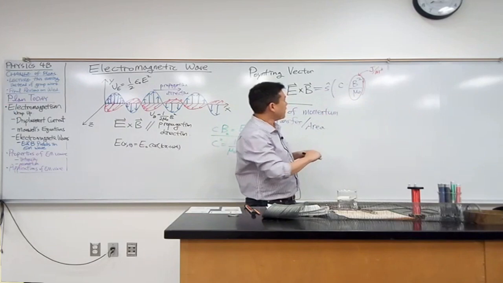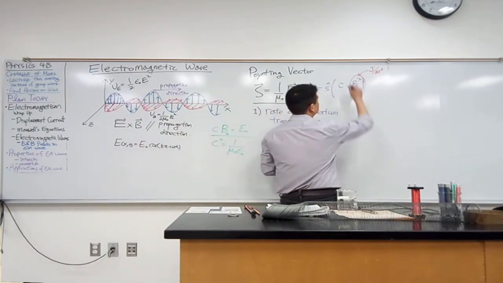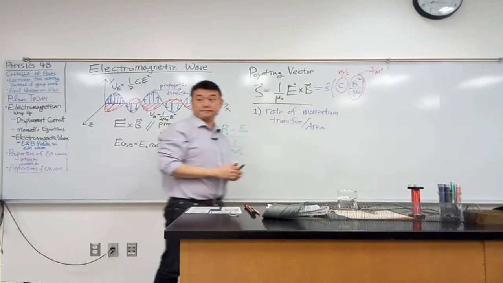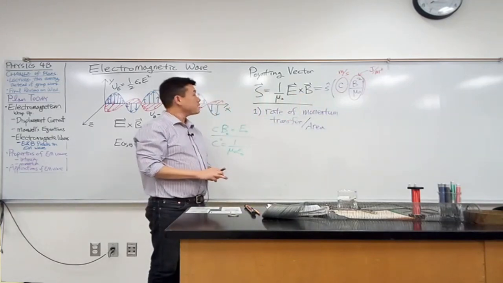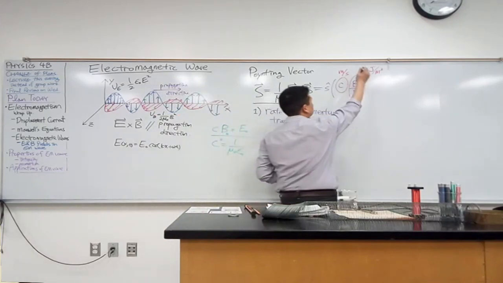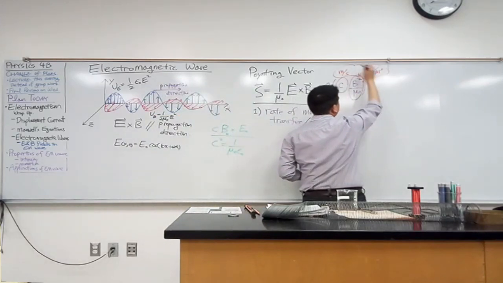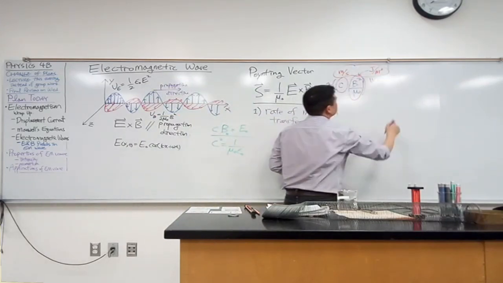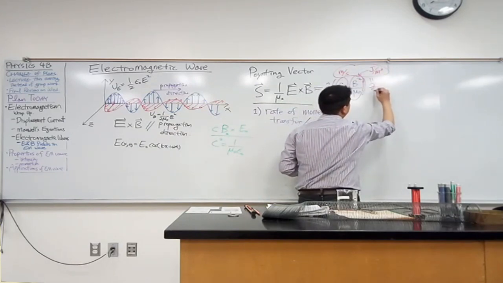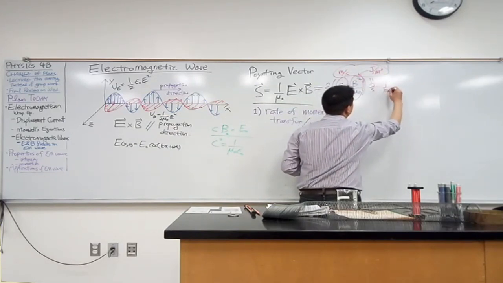The speed of light is in units of meters per second, right? So one way I can rewrite these units is, meter cancels that out, so it's a joule per second times 1/meter squared,